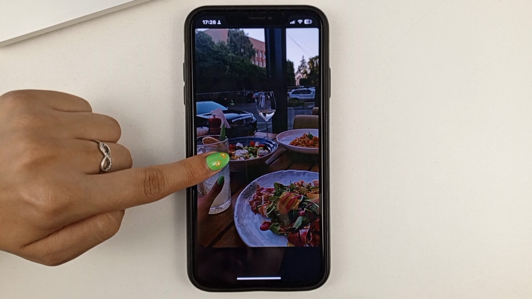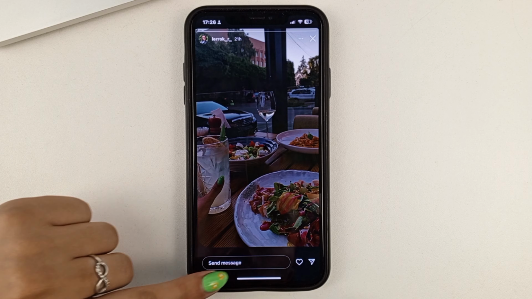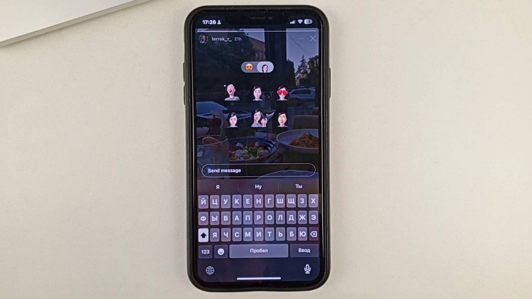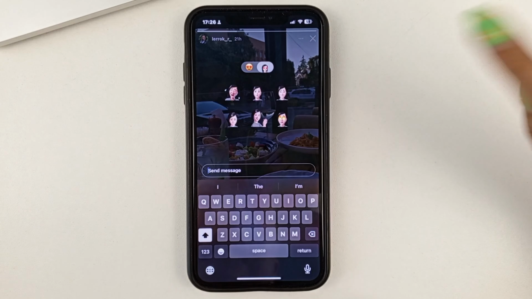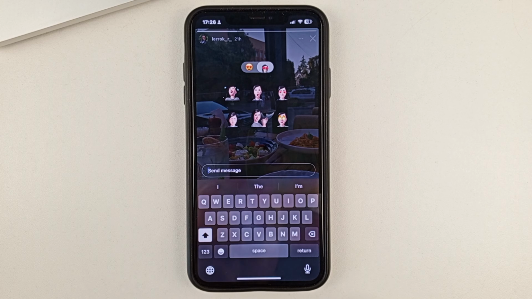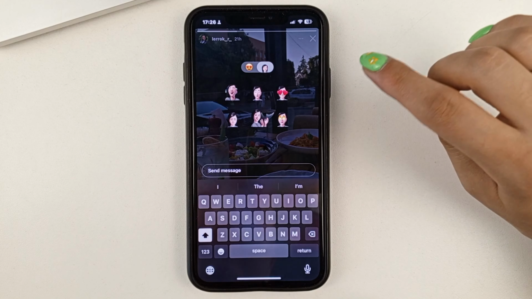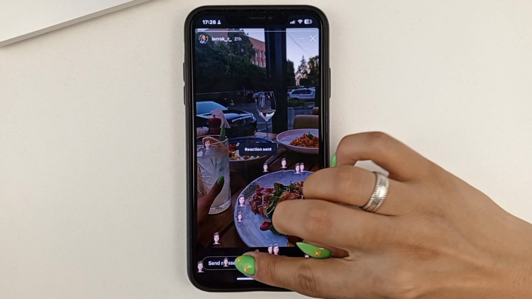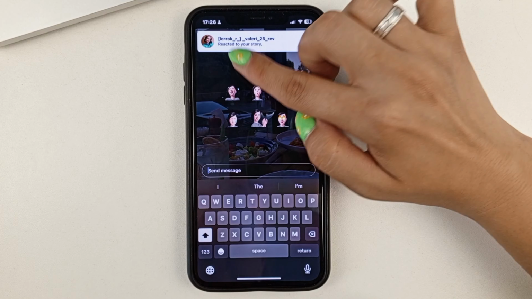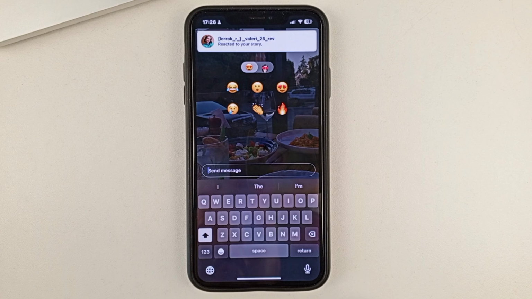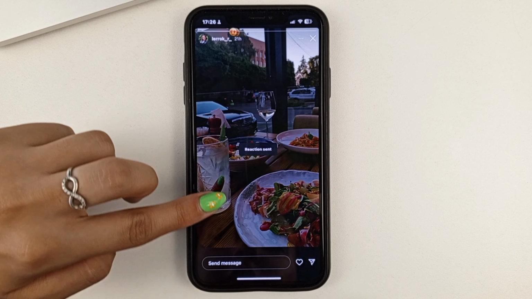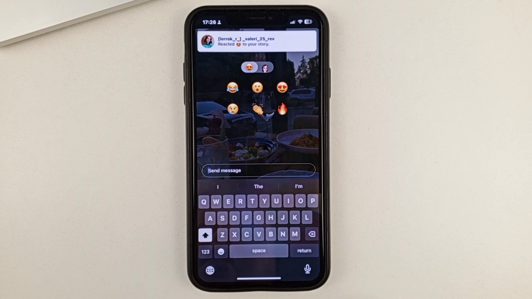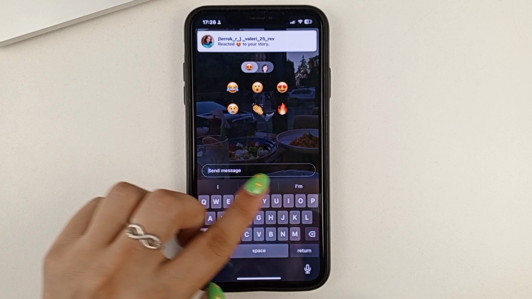And here, while you're viewing the story, at the bottom, click on this line here, where you can, first of all, put a reaction. This is some emoji that you made earlier in Instagram with your face. Also here you can choose emoji that are always set in Instagram itself. You can choose some of them if they suit you. This way, you will leave a reaction to that person's story.